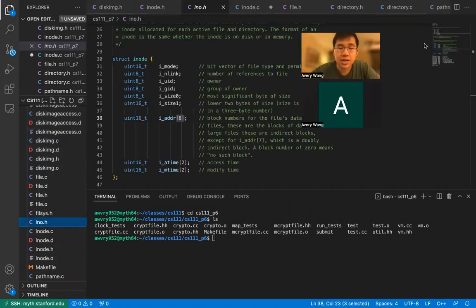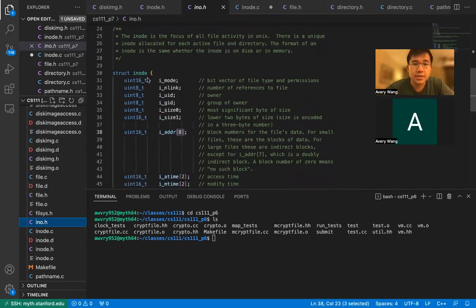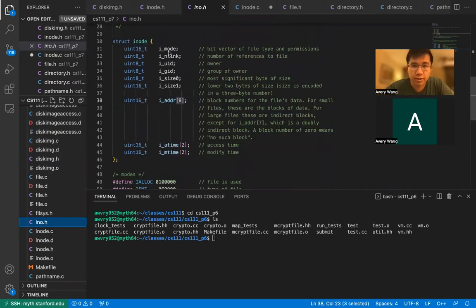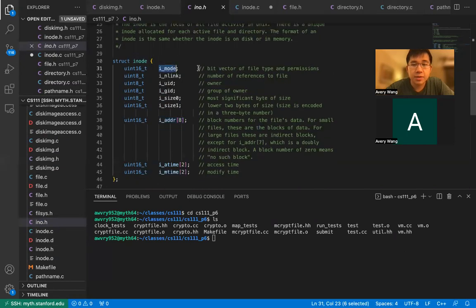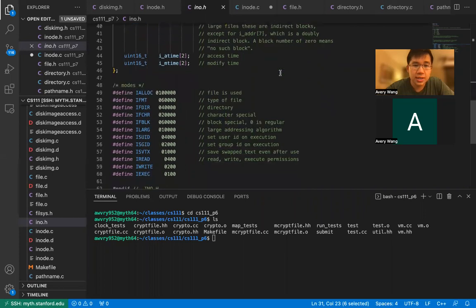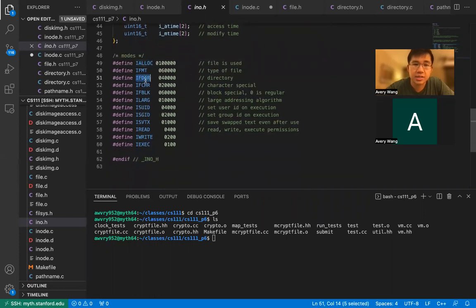So inode.h actually contains, you can see here, the contents of inode. We'll talk about this part actually a bit later. But yeah, the i_mode contains just a bit vector of a lot of different information. And here is all the different things you might need. So you can check if something is a directory, if dir, check if something is a